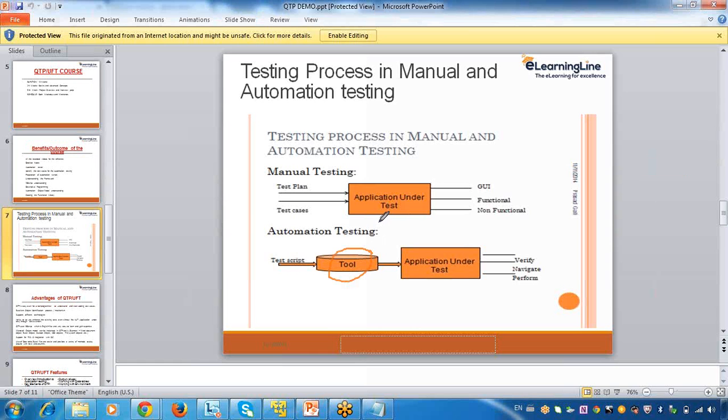Like this, with the help of a tool. Manual testing is nothing but testing the application manually, whereas in automation testing we will do the same thing, but we will apply these test cases with the help of a tool. You may ask what these test cases and test scripts are. We will be discussing that in detail going forward. For the time being,